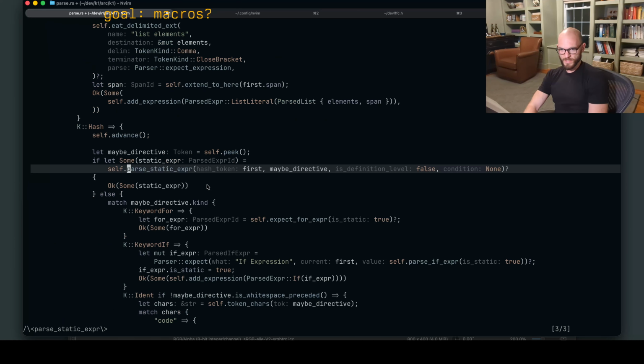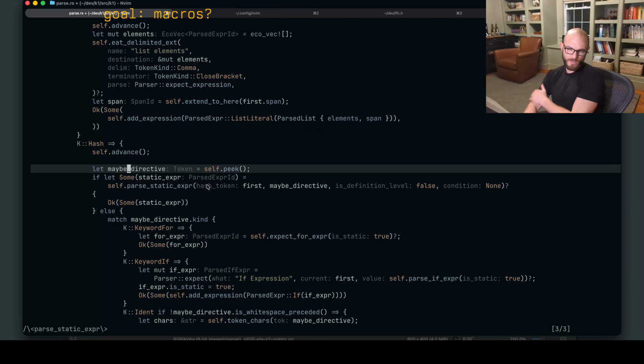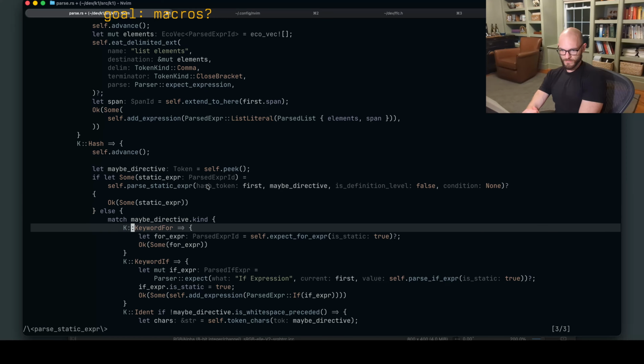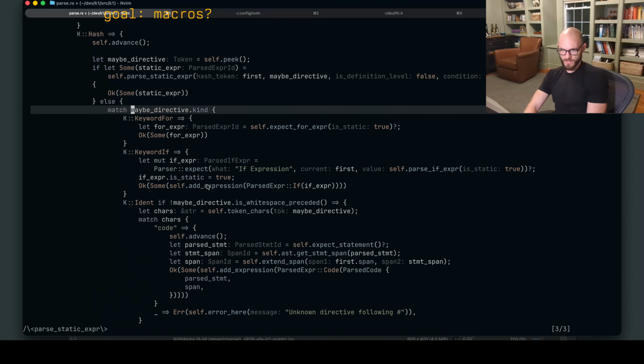Let's go to the other place it's called. Right, maybe directive, self.peek. If it returns none, it's not like I'm checking for a debug.